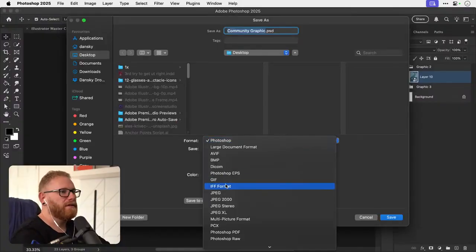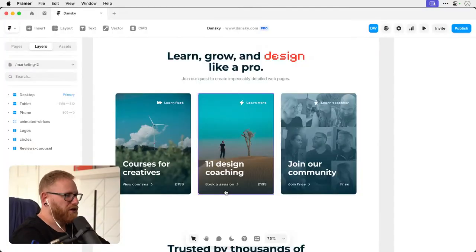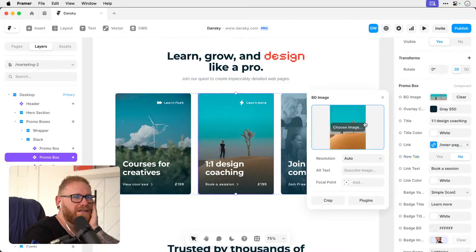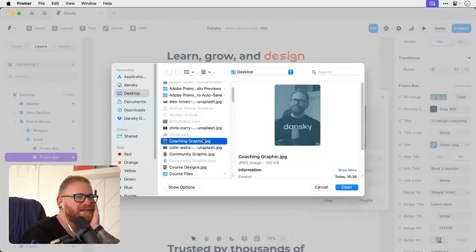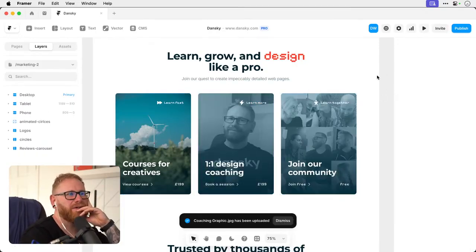Right, we'll call this coaching graphics. So we'll just chuck that in. At least we'll get it in there as a starting point. Sometimes it's easy for me just to overthink things and you never actually progress anything. Whereas even if this isn't how it looks in the end, at least it's like a step forward.